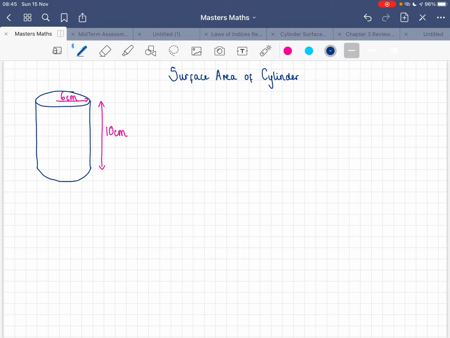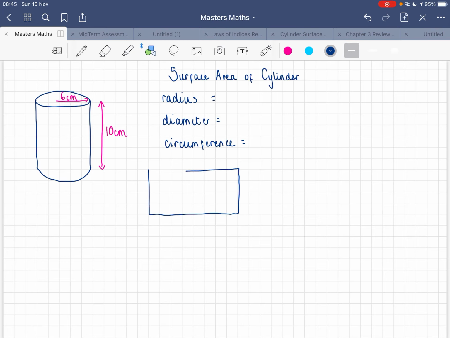the end. So the first thing when you're doing a question like this is make sure you know what the radius and the diameter of the circle are. Okay, so I would work those out. Once you have those, I would also work out the circumference of the circle. So remember, circumference is the outside, it's the perimeter of the circle. The reason we need the circumference for these types of questions for the surface area of a cylinder is because